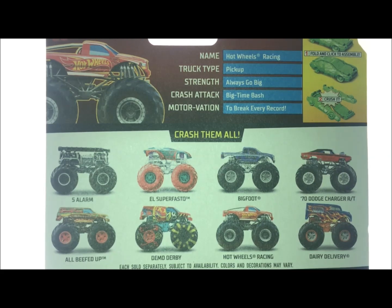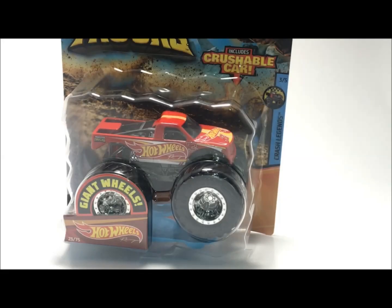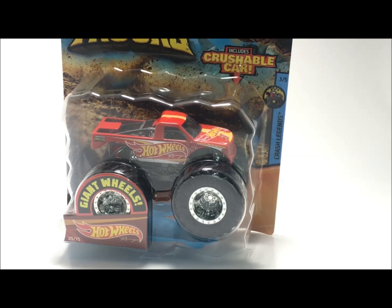So with that being said, I'm basically going to count down the trucks from my personal opinion, from the worst to the first, or from the least to the greatest, whatever. And with that being said, the first truck we're going to look at is the Hot Wheels Racing number 3. Alright, so the first truck we're going to count down backwards from is Hot Wheels Racing number 3, and